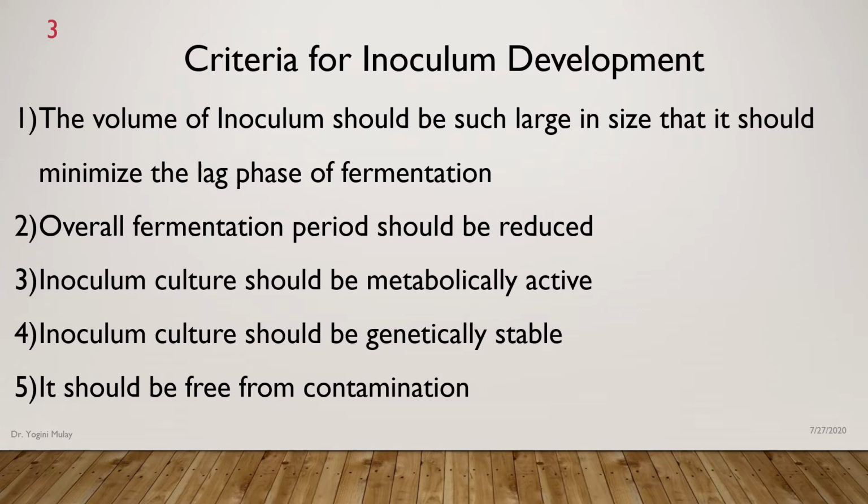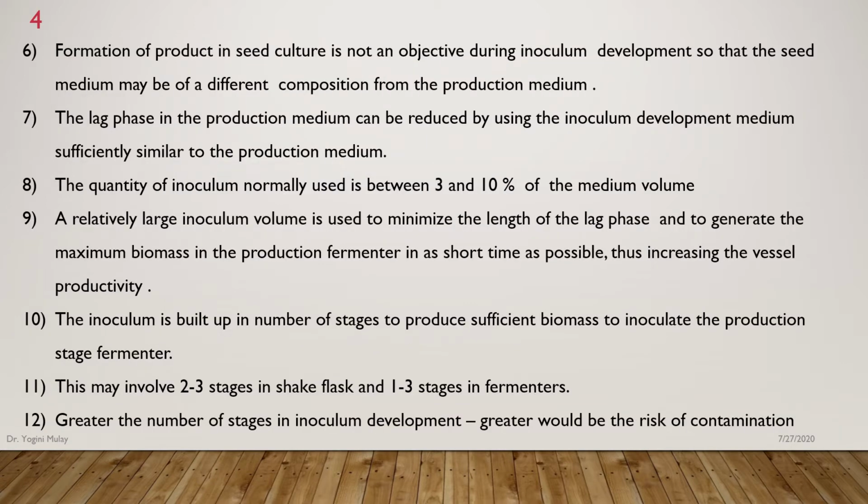And very important is that the culture which we are inoculating, which we are going to use, should be metabolically active, okay, and it should be genetically stable. Otherwise, after the inoculum development, if we use this culture for the fermentation and it undergoes any sort of mutation, then there is a possibility that this culture may lose its potential to produce the product, and therefore the inoculum culture should be genetically stable. And very important, it should be free from contamination. Okay, next,